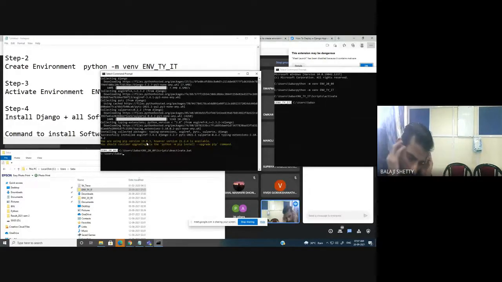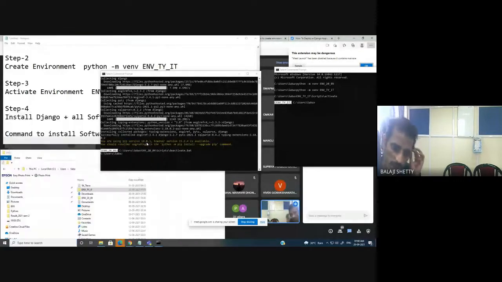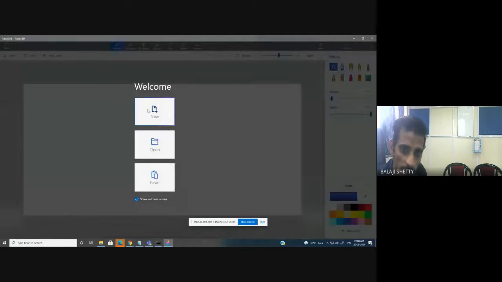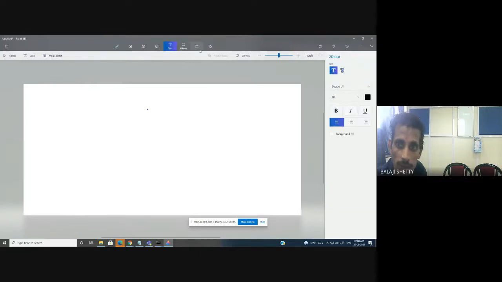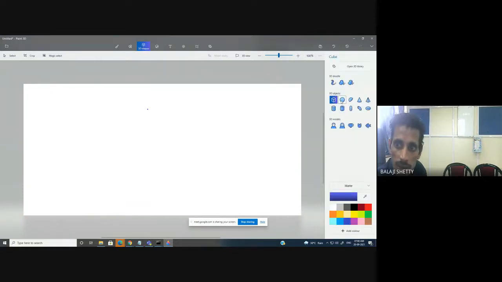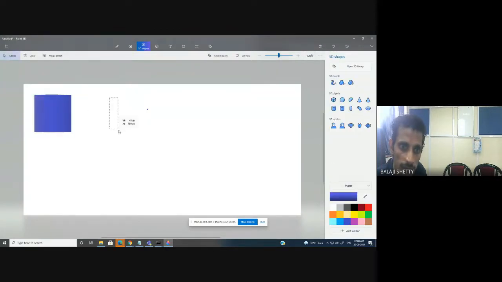Let me give you one example. Try to understand this using Paint. I open Paint because this is a little bit complicated. It's difficult to understand, but you will understand it by using Paint. Suppose this is environment 1.